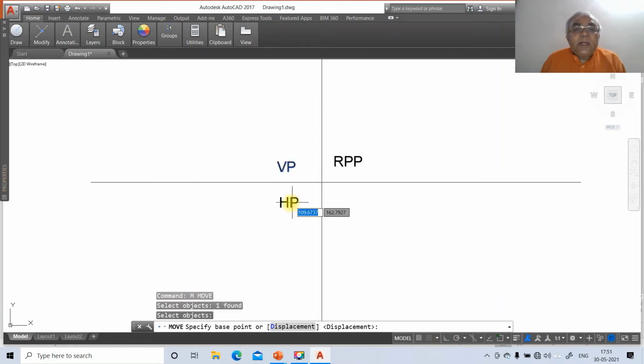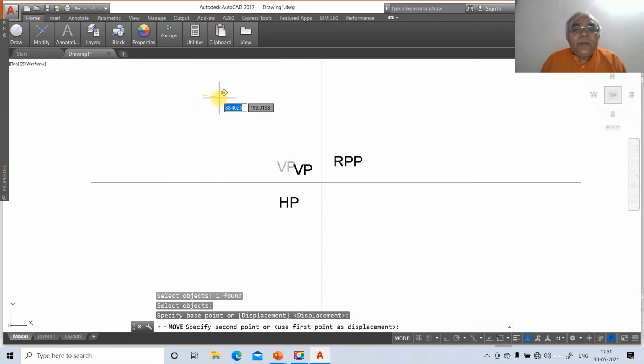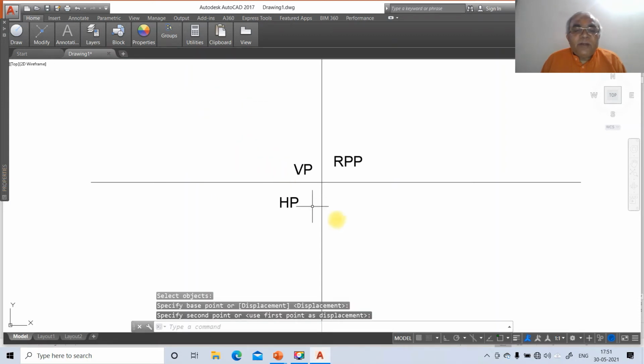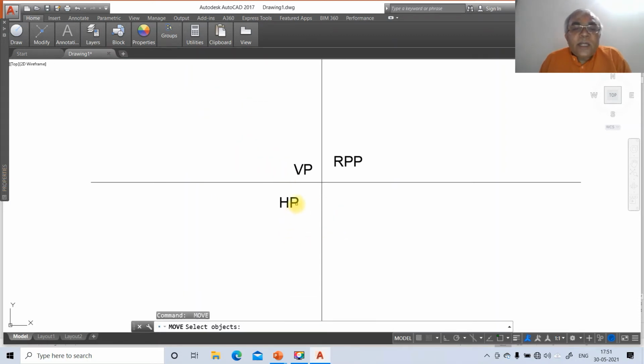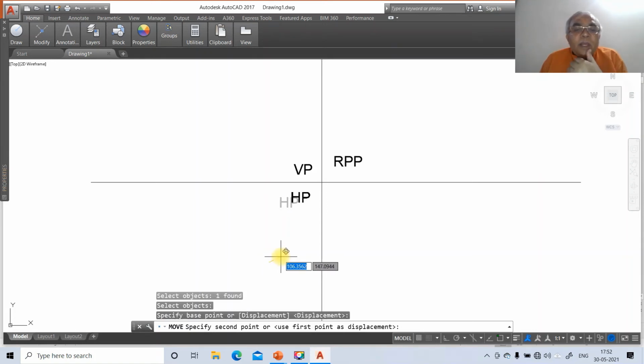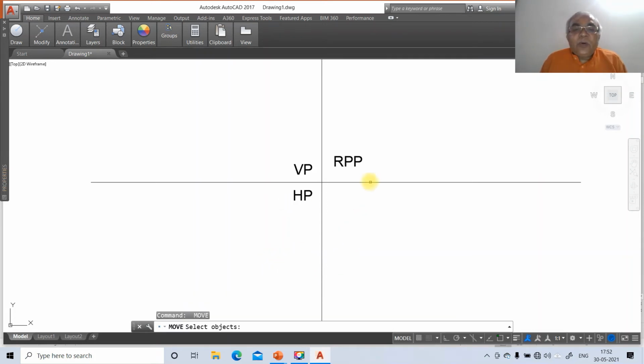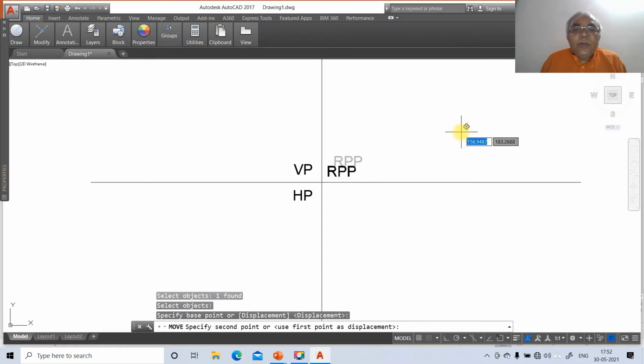Select this vertical plane, specify base point, select some point, move it wherever you want, and click again on the first button of the mouse. Again go to move, select objects, you select this line and text, specify a base point, take some point with reference to this point, it will move, and keep it here. Again go to RPP, select this and move it appropriately.